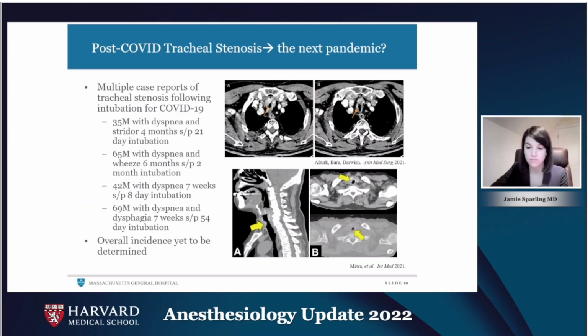of his glottis. And finally, the fourth patient, shown in the lower image here, presented with dyspnea and dysphagia 7 weeks after a 54-day intubation and tracheostomy for COVID. He was found to have granulation tissues occluding the airway at the level of the prior tracheostomy. These latter two patients were managed with tracheostomy below the level of the stenosis and removal of the granulation tissue